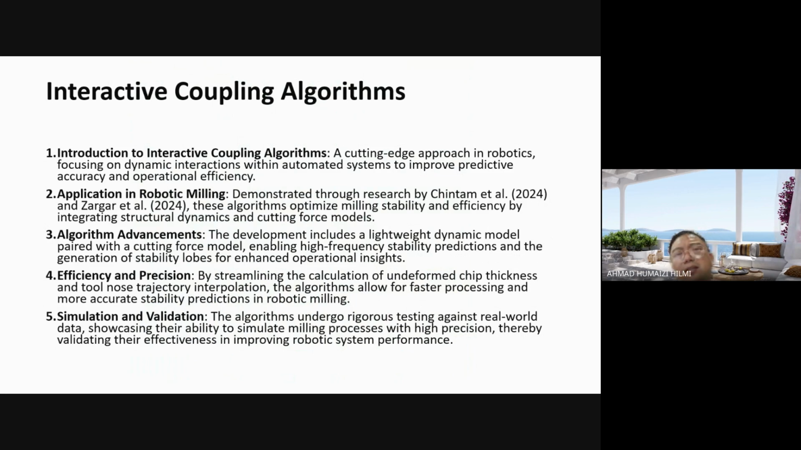This algorithm optimized milling stability efficiency by integrating structural dynamics and cutting force model. Okay. So this can also be defined as automation, but it focuses on a single machine, that is the cutting machine. Okay. You remember when you learned about CNC machining, or any other machining like lathe